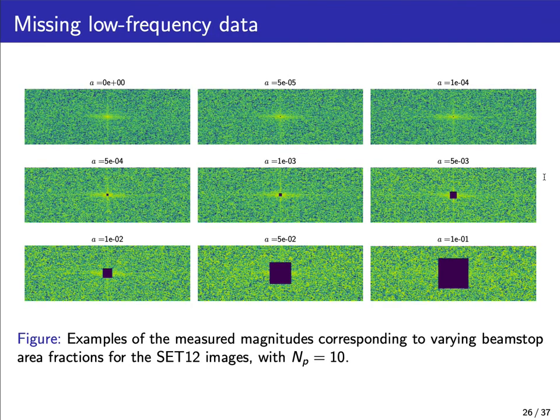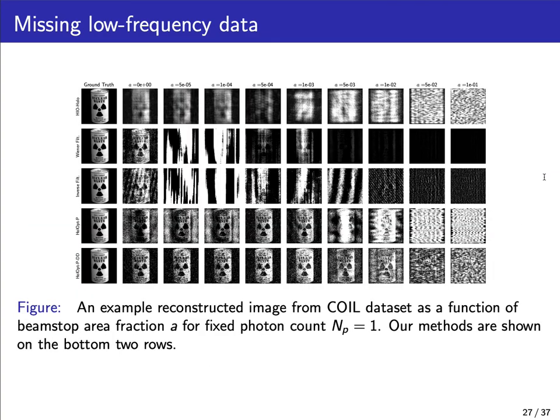Now we also test missing low frequency data via the beam stop. The question we ask here is how big of a beam stop can we actually tolerate using the extra information of the deep decoder and the nonlinear parts of the measurements? So here we're testing a variety of beam stop sizes varying along the columns, and we're comparing to all three of our baselines. And we see that our methods, in perhaps the most drastic experiment,